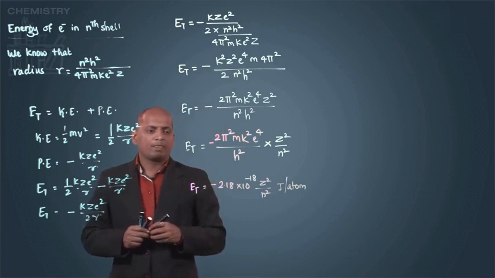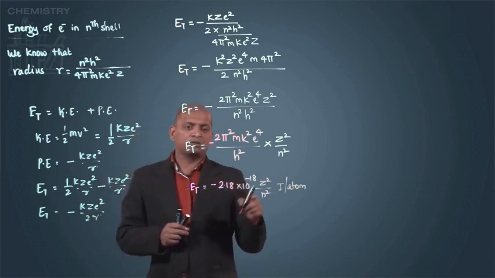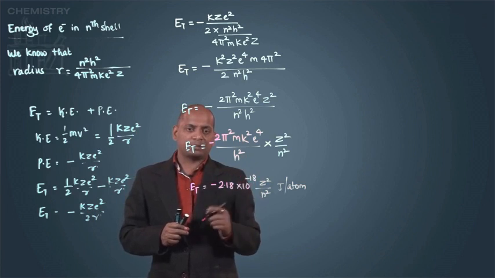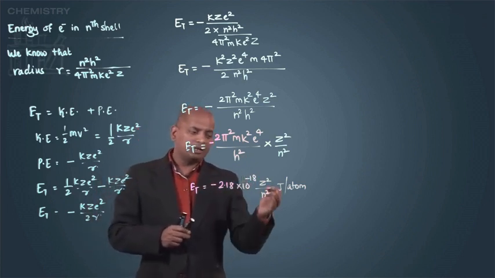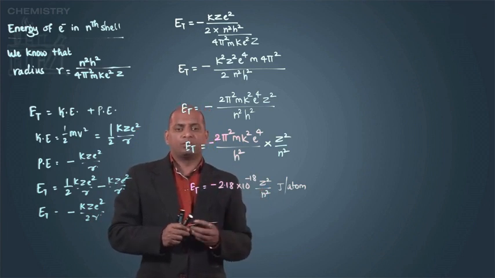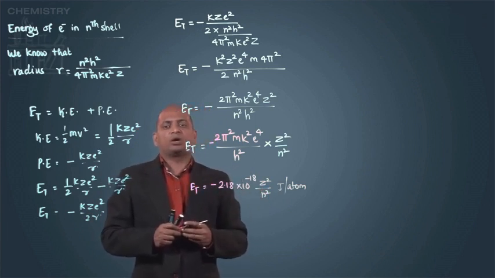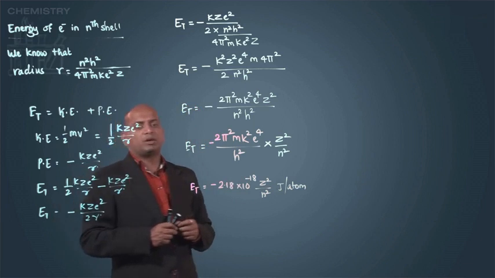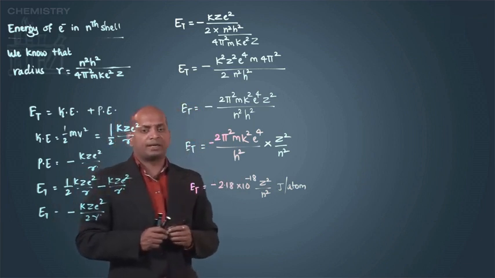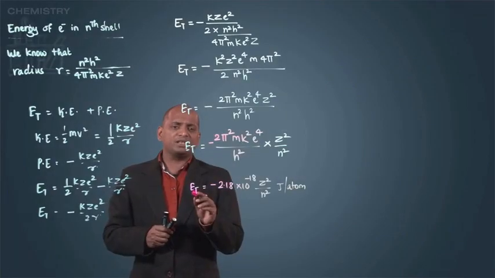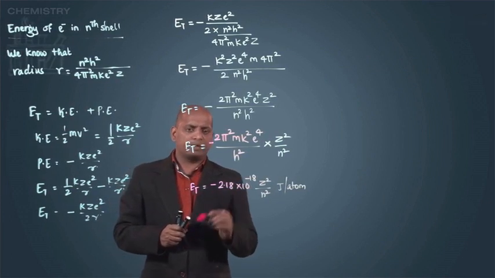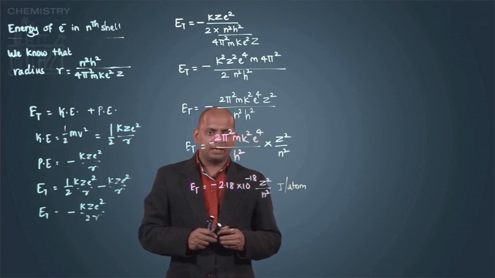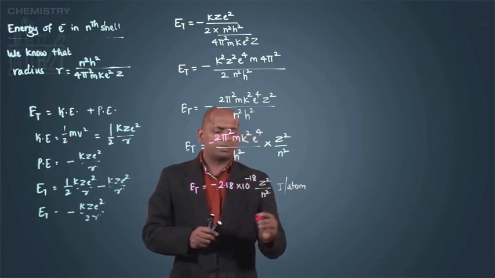Okay. Now since every time we cannot use this number, the 10 raised to minus 8 power, even the calculation becomes very difficult. So we are converting joules into electron volt. So 1 electron volt is equal to 1.6 into 10 raised to minus 19 joules. So this is the relation we are getting. Total energy is equal to minus 2.18 into 10 raised to minus 18 Z square upon n square joules per